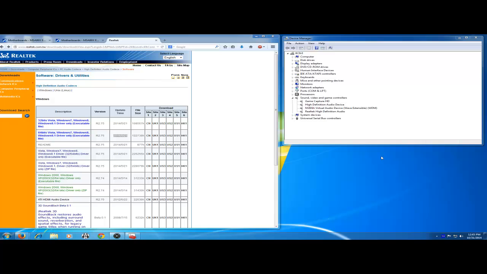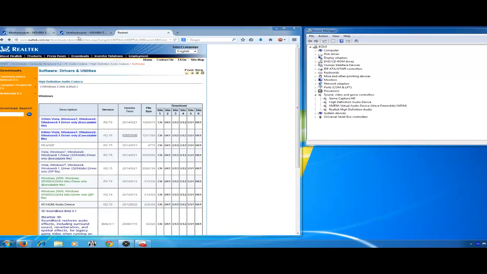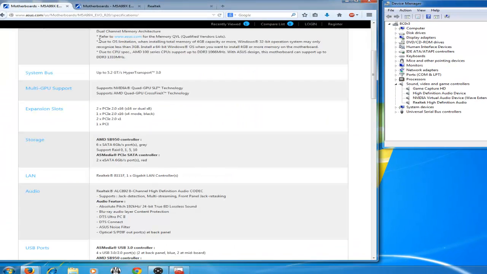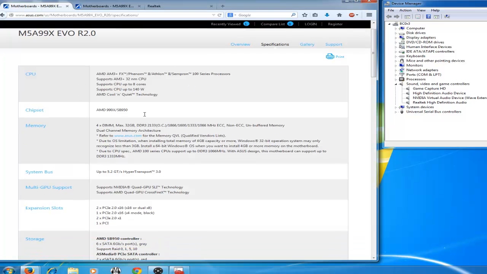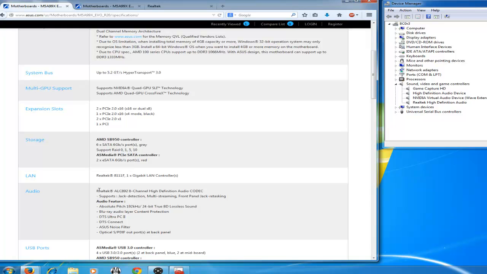What is up, guys? I'm going to show you basic troubleshooting steps on fixing low microphone volume. In this case, it's on the Asus M5A99X Evo R2.0. The motherboard runs Realtek ALC 892 8-channel high definition audio, and I've been reading a lot on this in